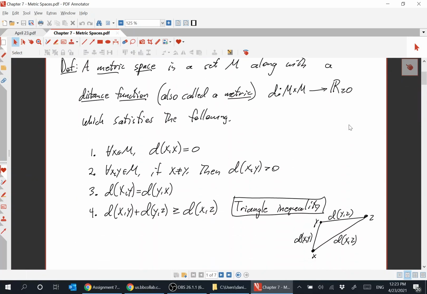You have to show that the distance function satisfies the 4 properties. And you do that by